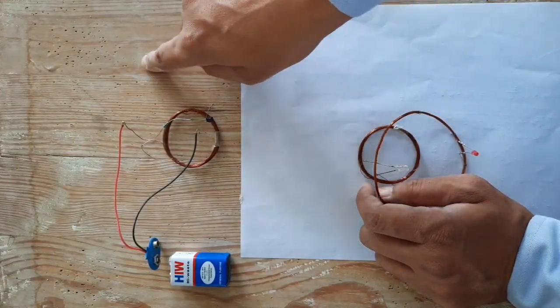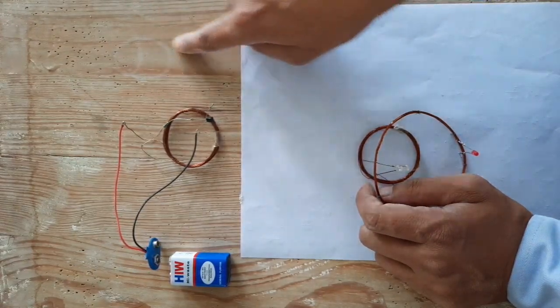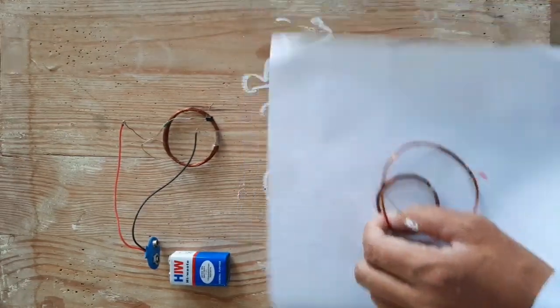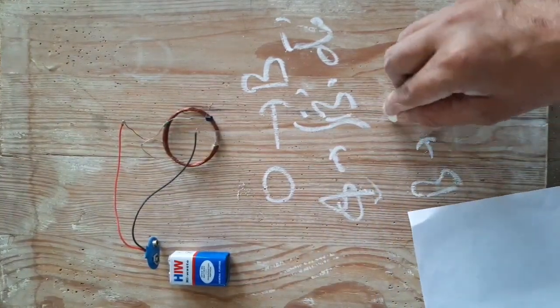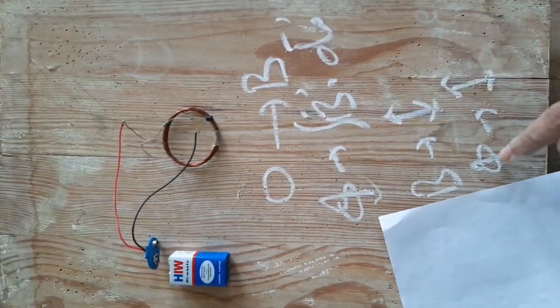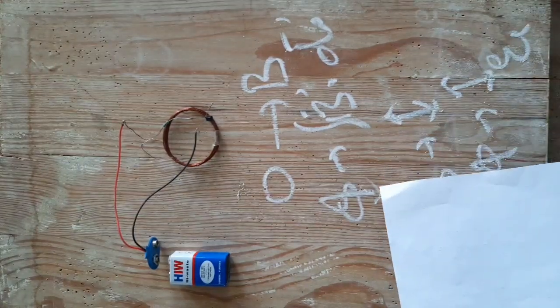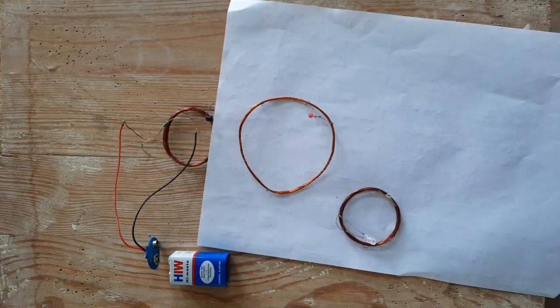So magnetic field becomes zero, from zero it rises to high value, again decreases to zero, again rises to high value, decreases to zero. So this rapid change in magnetic field causes rapid change in magnetic flux. Since it is rapid, the rate of change of magnetic flux is large, and therefore induced EMF E is large. And hence, that is sufficient to glow a LED which needs a voltage of around 1.7, 1.8 volts to 2 volts. Is it clear, students?